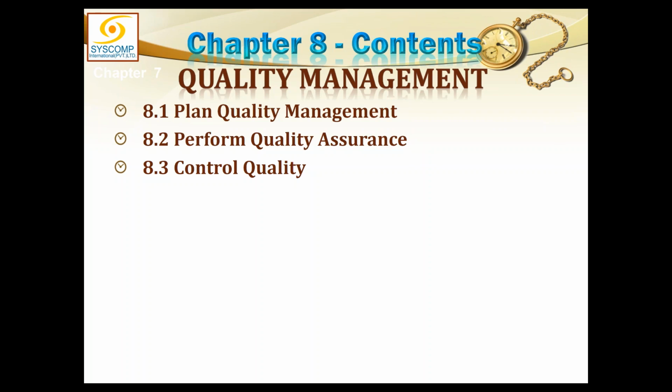We only have three processes, as I said, and these three processes are, first one in planning, second in execution, and third in control. The process in planning is plan quality management. Naturally, whatever you have to do, you have to plan it thoroughly in planning, and we have to design what we have to,